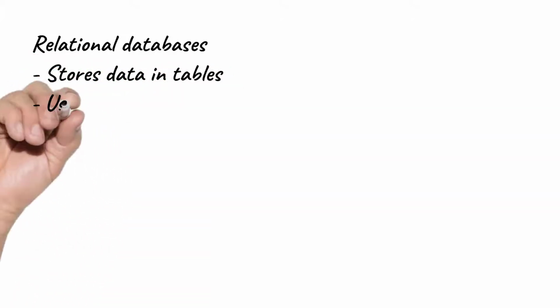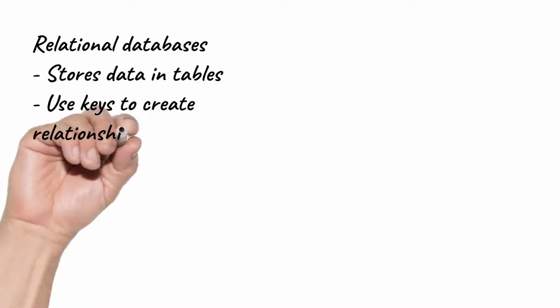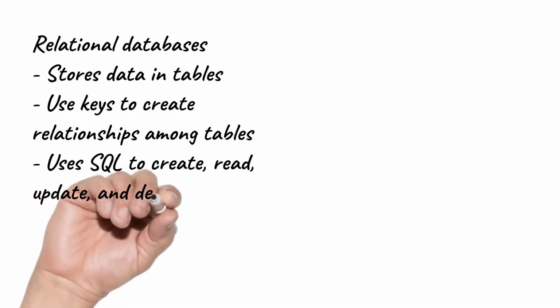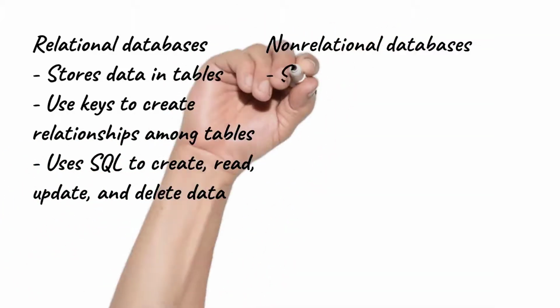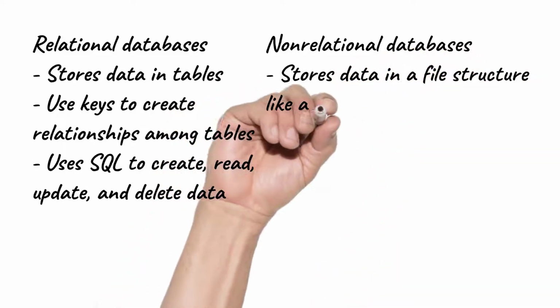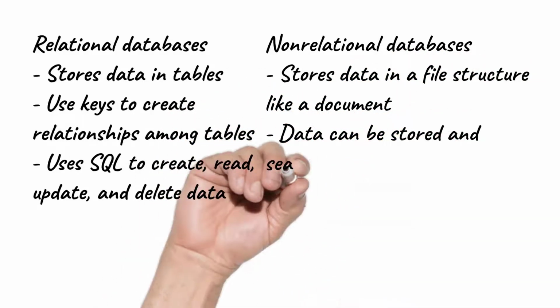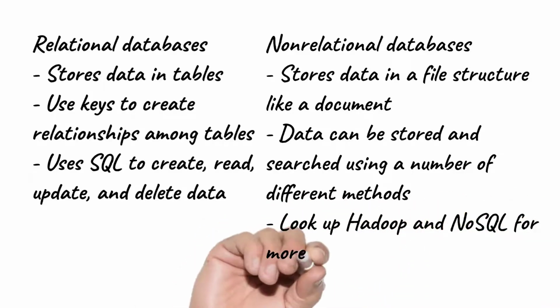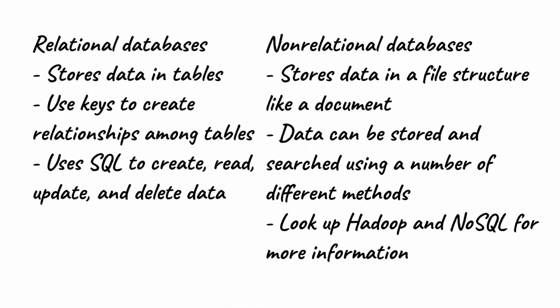If relational databases rely on relationships to make data useful, then non-relational databases don't have relationships. In fact, they don't even have tables. Non-relational databases are used in cases where you have data that can't be categorized easily, like tweets or images or Facebook posts, or when you have large data sets that you may be able to partially categorize, which may be the case when talking about big data.